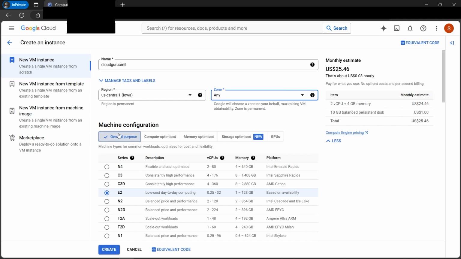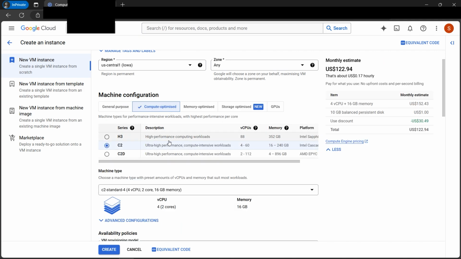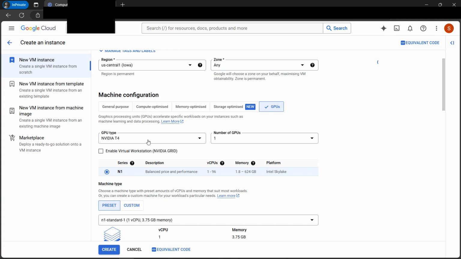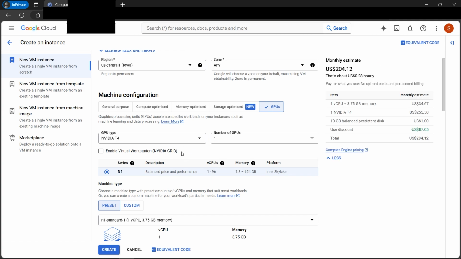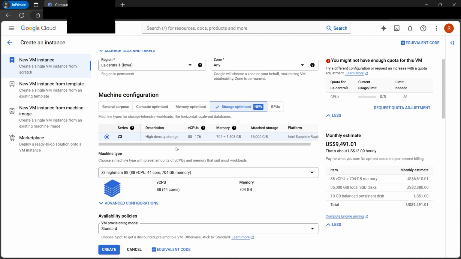So next, there are different types of hardware builds. So here is the vCPU, here is the memory. This is general purpose. There are also descriptions of it, when we need it, what type it does. Compute engines are generally for high performance. GPUs are for gaming applications or AI ML workloads. These are very powerful, and these are very costly as well, because if you look here, the cost is something like $204. All right. So the general rule goes like this: the more powerful our hardware build will be, the more